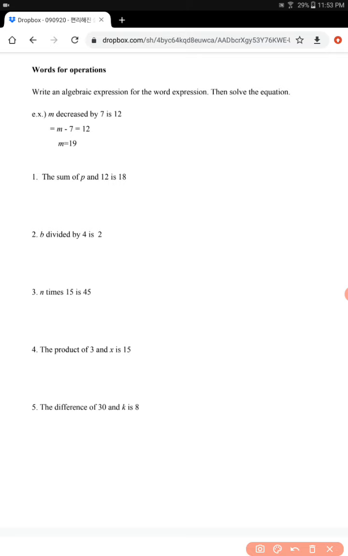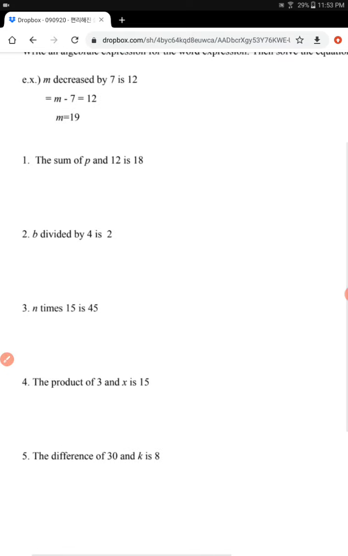So let's look at number 1 here. The sum of p and 12 is 18. So the sum means addition, so the sum is like total. So it means the sum of p and 12 would be p plus 12, and that's the sum of p and 12. And then is would mean equal,